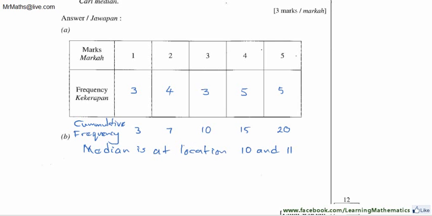But look, the 10th student has Mach 3 and the 11th student, okay, the median is somewhere here, right? This is where the median lies. Okay, as such, median is between 10 and 11. You need to find the average. 10 plus 11 divided by 2, that is 10.5. Okay, 10.5 is the answer. Next question,